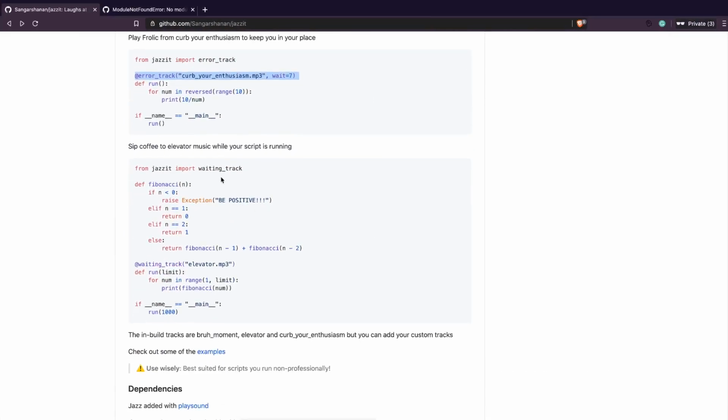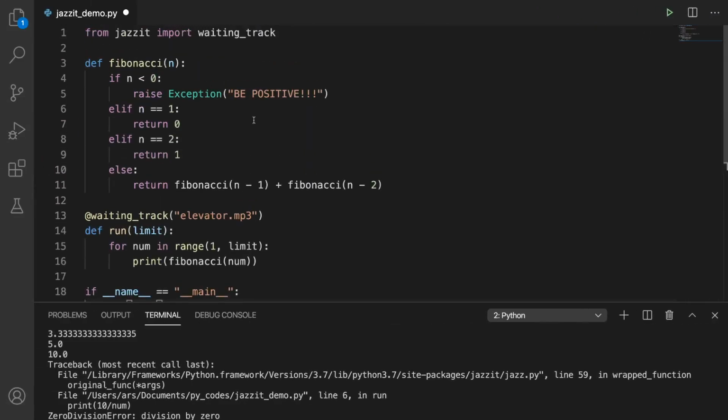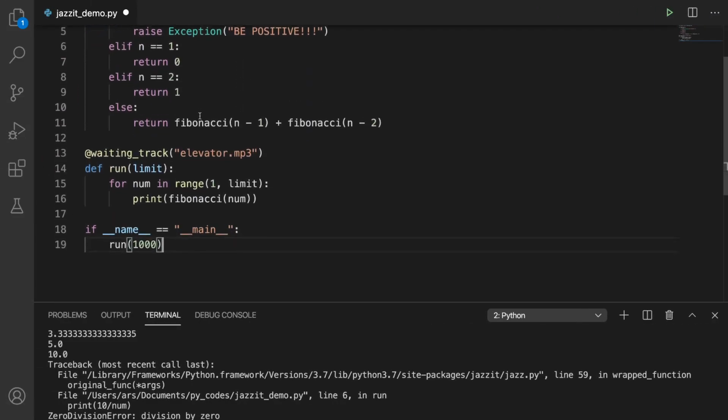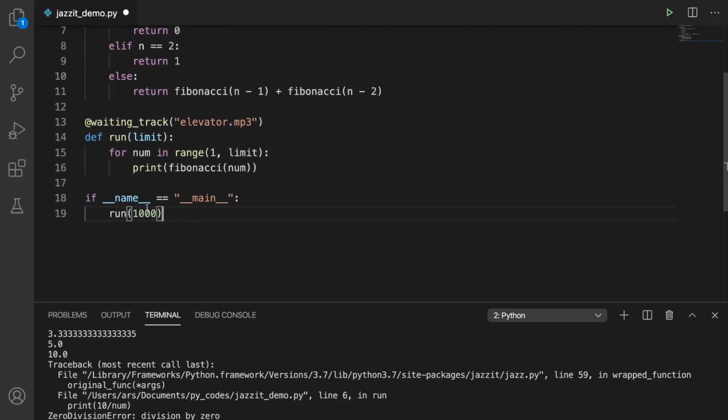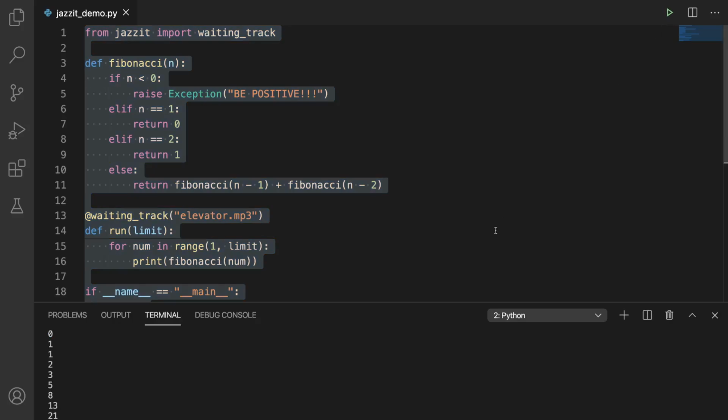And then the second example is playing music while the script is running. Let's quickly copy and paste it, and maybe reduce it. In this case it says 1000, we'll say 10, and then we'll save it and run it.